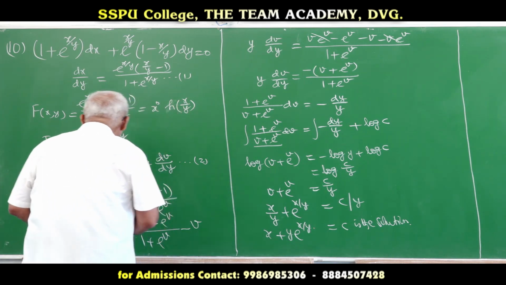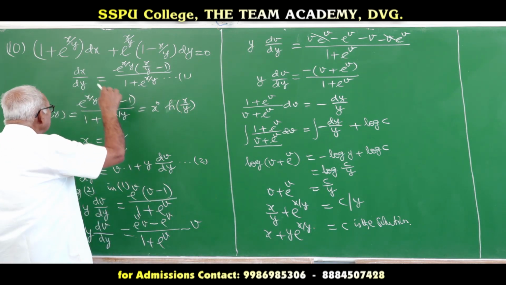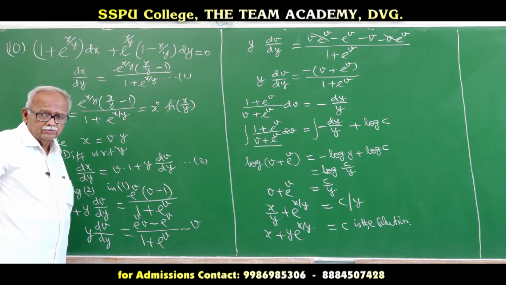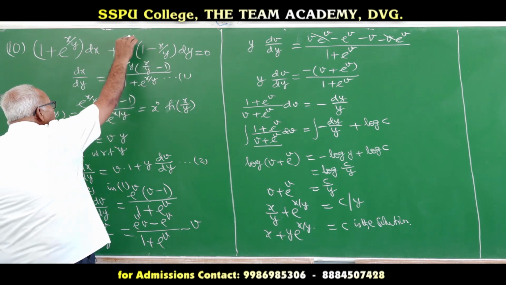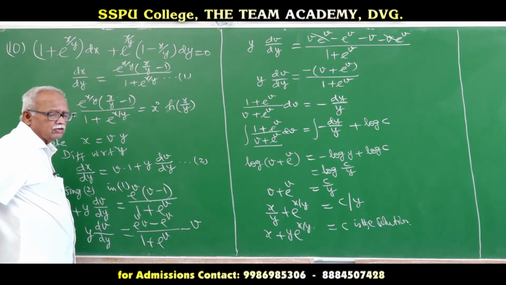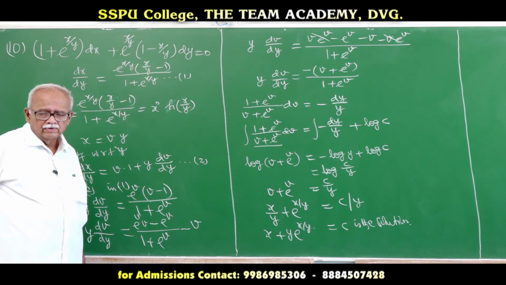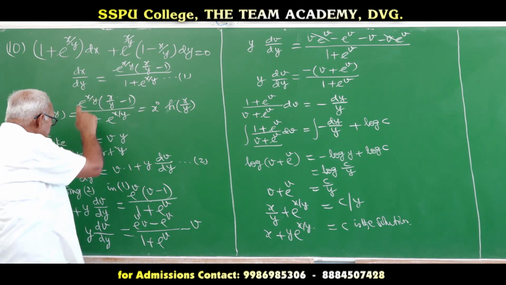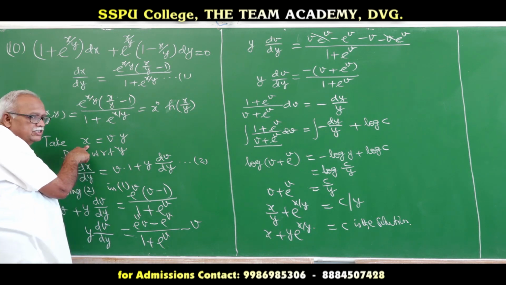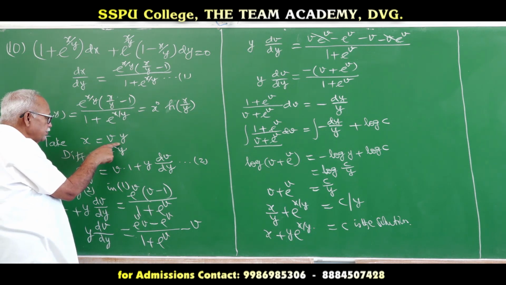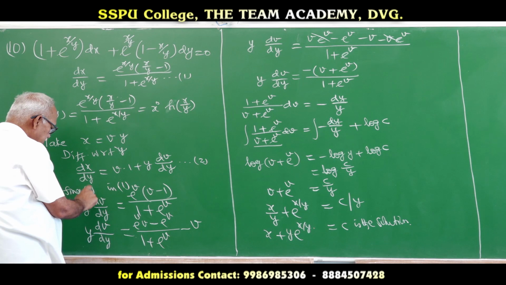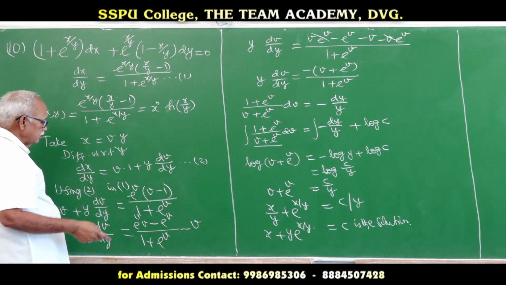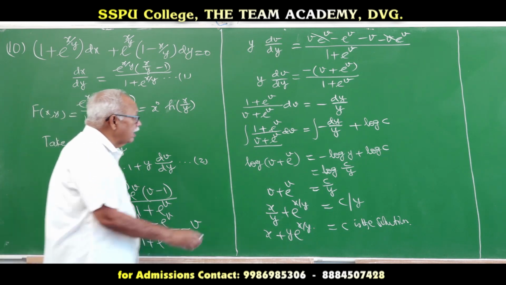So, we made an error here. We have written that as a dy by dx. We should take it as dx by dy, because you can see in the question itself x by y is there. It is not a y by x function. The function is an x by y function. Therefore, we should take dx by dy, change the substitution to x is equal to vy. So, calculate dx by dy, substitute 2 in 1, simplify and integrate.